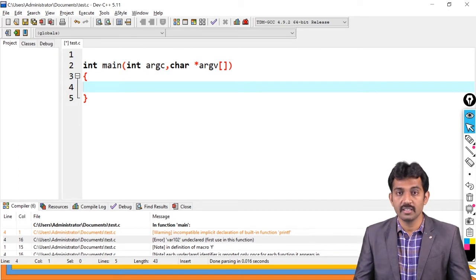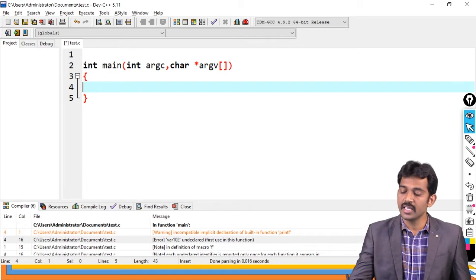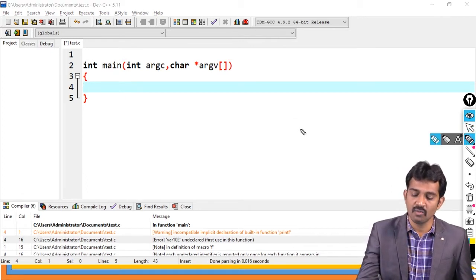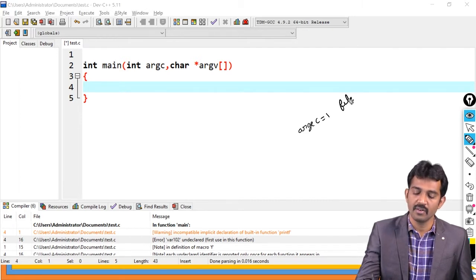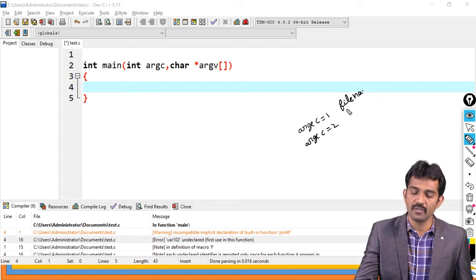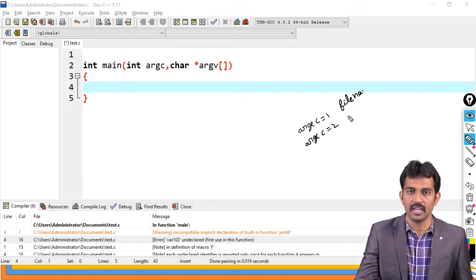First, I need to check that it contains at least two parameters, because if argc is one, it contains only one argument, that is the file name.ext. If argc is 2, then it contains two arguments. The first one is a file name, and the next one is a number or anything.